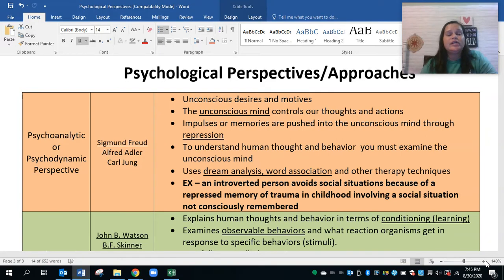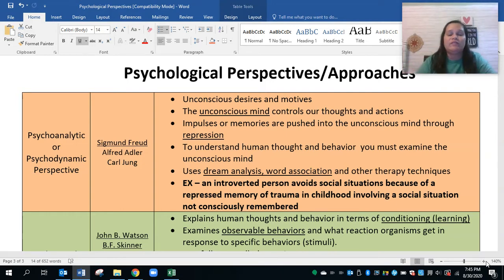And repression is something we haven't really talked about yet, and it actually comes a little bit later in the year. It's the idea that you have memories that have been pushed out of your awareness, not by your doing, but kind of on their own, that they were so traumatic that they have been pushed to where you are unaware of them. So there are repressed memories there. Let's see, and his key ways of trying to get things out of the unconscious mind were through dream analysis and word association, which we've also called free association.